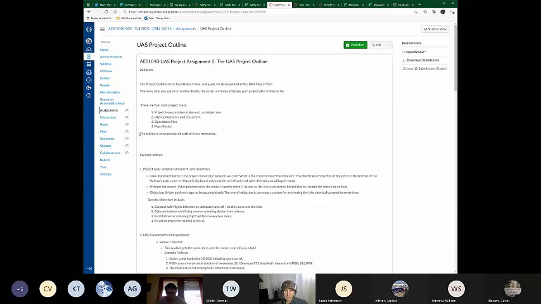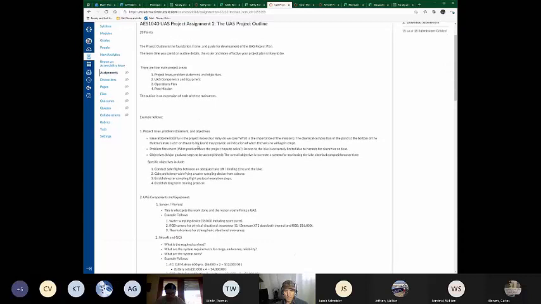So the outline is an expansion of each of these main areas, right? So we can start our outline with 4 bullets and then everything else fits within there. Like I said, the idea behind the UAS project plan or the project outline is that it provides us a framework for organizing every minute detail that would go into our UAS project. Right, so